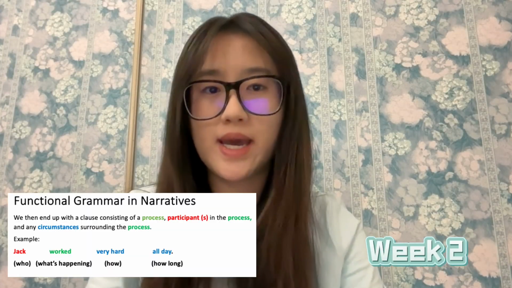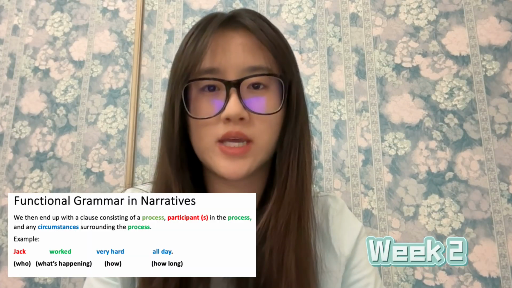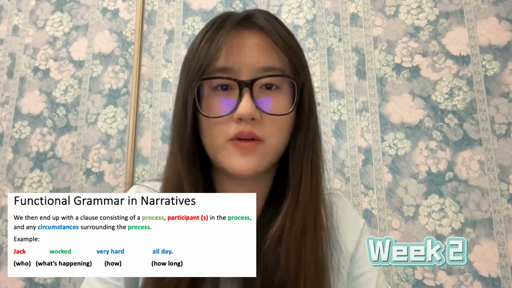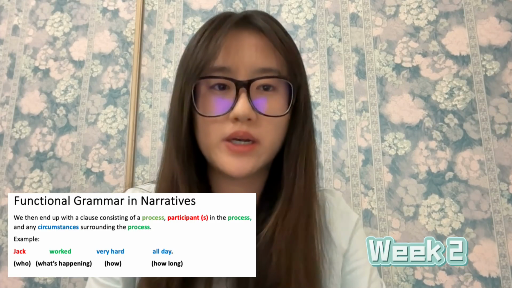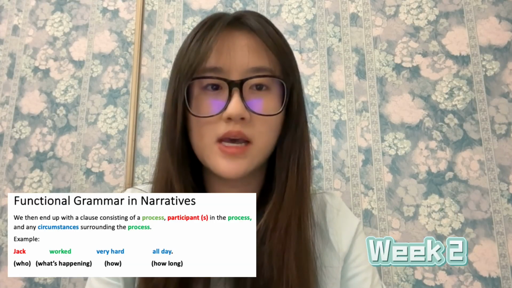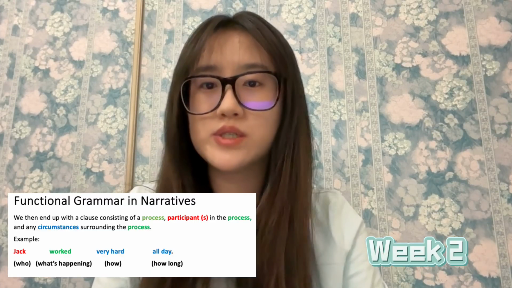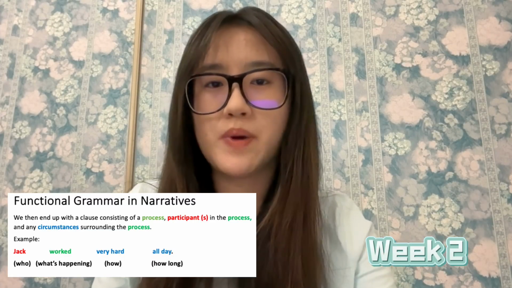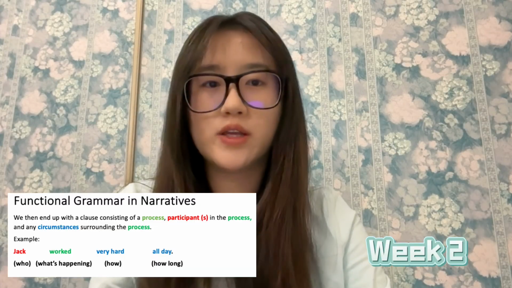Okay, so now we continue to week 2. This week's workshop focused on functional grammar in narratives and how to guide students in creating their own short stories. In the grammar part, we learned how to help students identify the participant, process, and circumstance in one sentence. It showed us how to use different colors to mark each part, which is called color coding. I found this approach really clear and practical because it helps students to see how a sentence structure